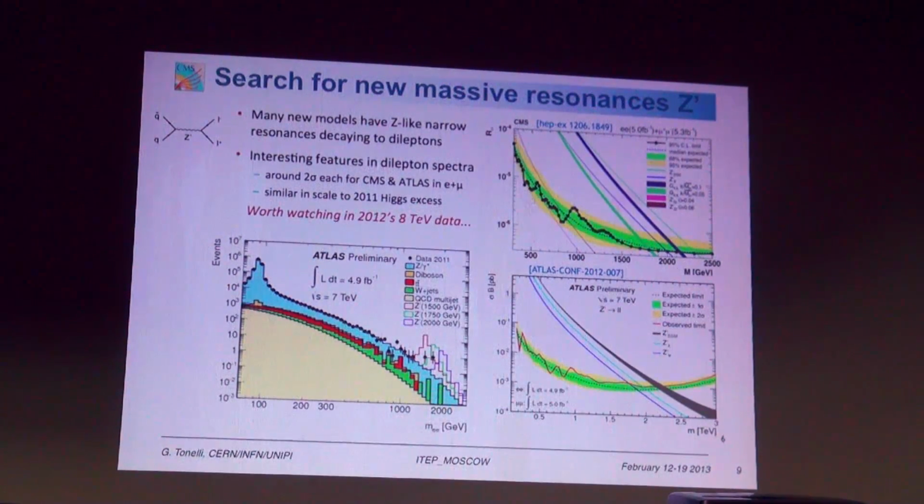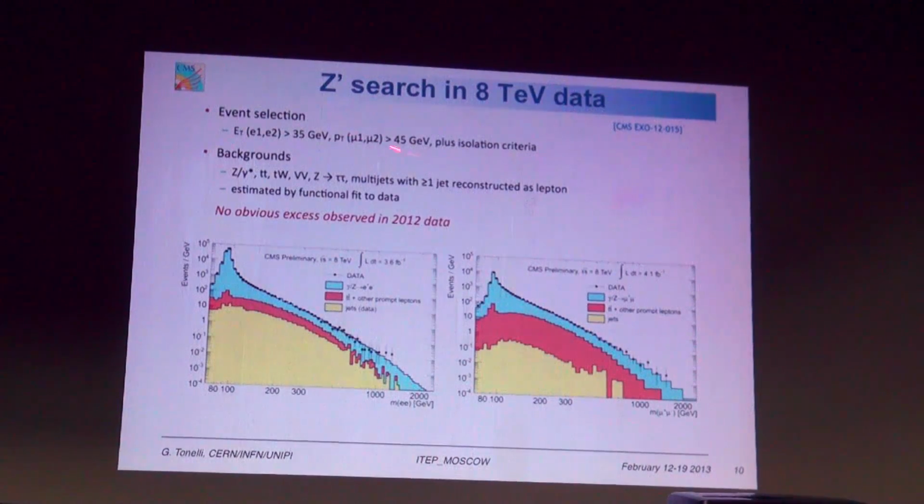We did immediately, in 2012, at 8 TeV, we did immediately the search. Because, again, it could have been that something could have appeared at 8 TeV. At 8 TeV, the cross-section will become larger, so it will become even more evident. This is why we did it very quickly. In a matter of weeks, the search for Z prime at 8 TeV, looking, again, particularly in this region. Again, there is nothing. Now we can conclude that there is nothing there, because we don't see anything at 950, both in the invariant mass of the dijet system or in the invariant mass of the dilepton system.